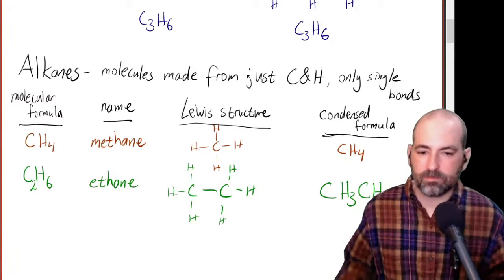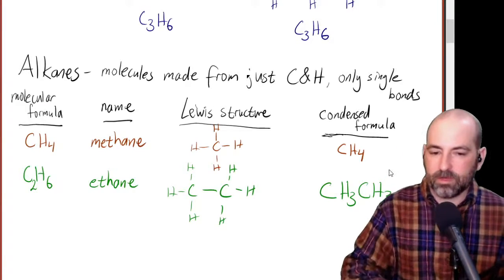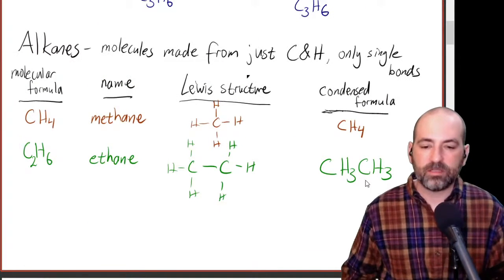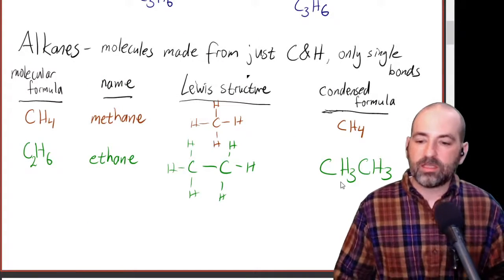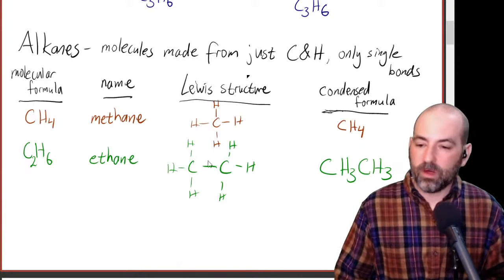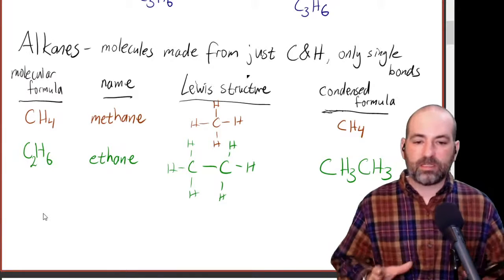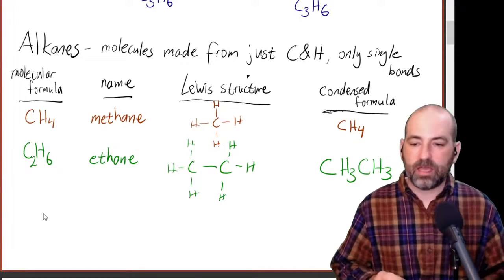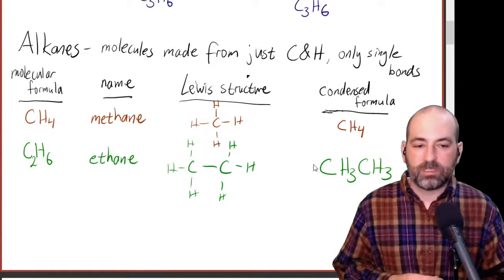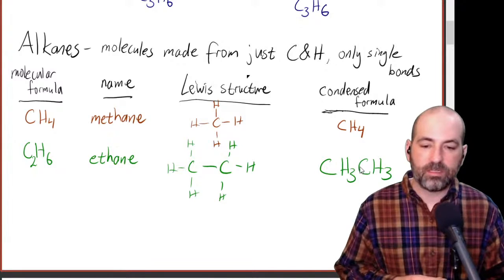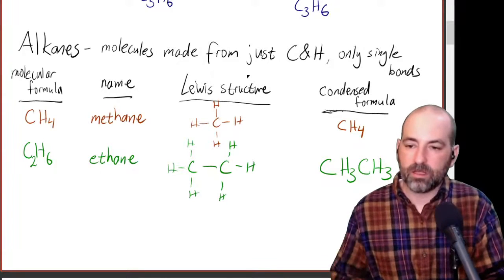Get out of the way a little bit here. Okay, so why is that? Well, now this tells us a little bit more about the structure. It saves us a little work. When we see a molecular formula like C2H6, we have to figure out what's connected to what. How do the carbons connect? Where do the hydrogens go? When we see CH3, CH3, we can say, all right, these 3 hydrogens are connected to this carbon. And then this carbon's connected to this one. And then the other 3 hydrogens are connected on this carbon. So it helps us out a little bit there.